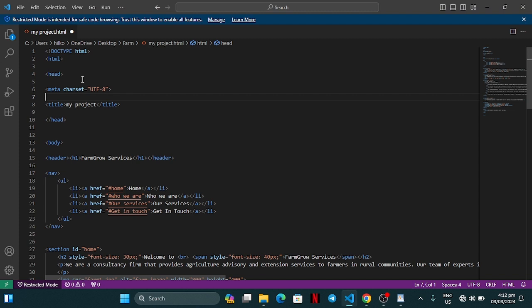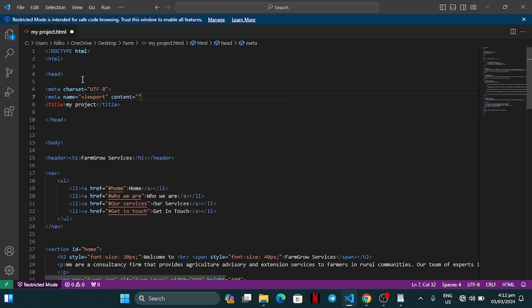Then the meta name viewport. Then the content